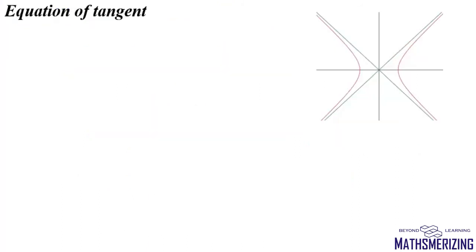Another way to write equation of tangent to a hyperbola is in terms of a point given on this hyperbola. Suppose we are given a point whose coordinates are x1 and y1, and this point P lies on the curve. And suppose equation of hyperbola is x square upon a square minus y square upon b square equals 1. Now we have previously studied in parabola as well as in ellipse that if a point lies on the curve, then the simplest way to find equation of tangent is T equals 0.